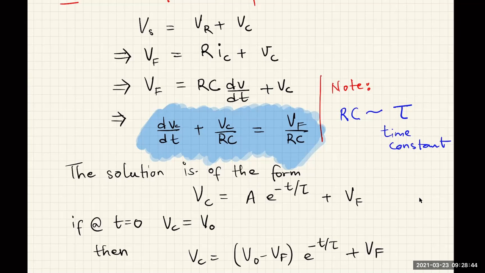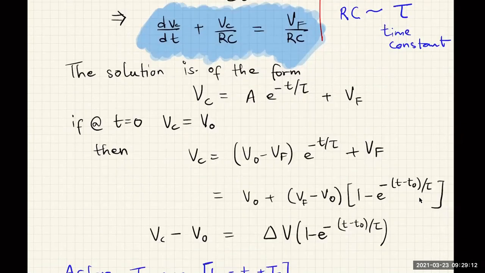All right, so I'm not going to go into how the solution for this differential equation is this. I'm hoping that you've covered this in your math courses. But basically, the solution to this differential equation has this form. And right now we have one unknown constant to solve for, and you can do that by using the initial condition for the voltage. Okay, so if you assume that before time t equals 0, the capacitor voltage was